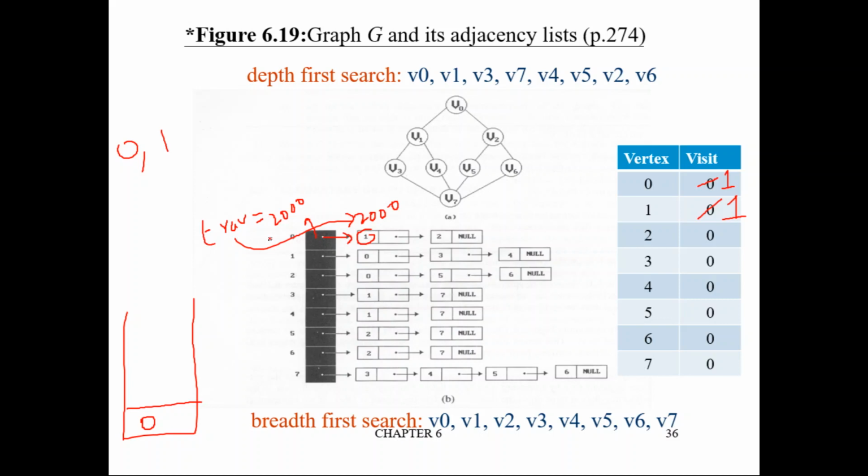Otherwise I have to give, actually 2000 will be pushed, right? Then I have to give an address for everything, or you have to assume that this is pointing to 2000, this is 3000, 4000, 5000, 6000, 7000, something like that. Then you can say it is 2000, right? I am simply saying 0 is pushed into stack.